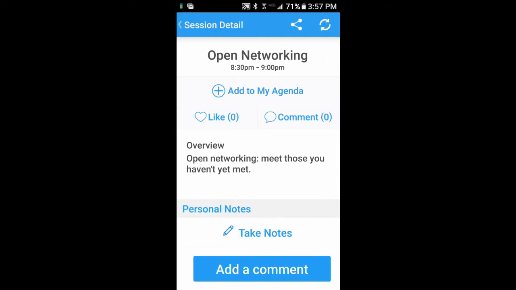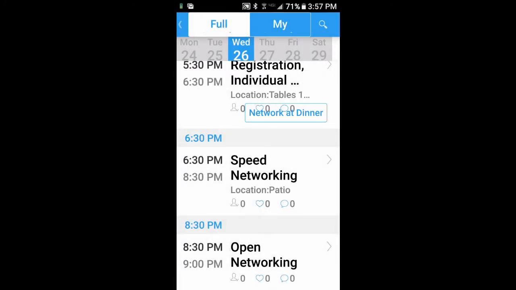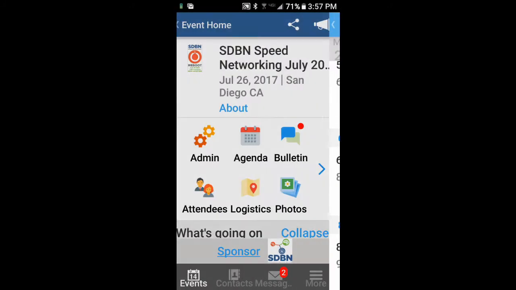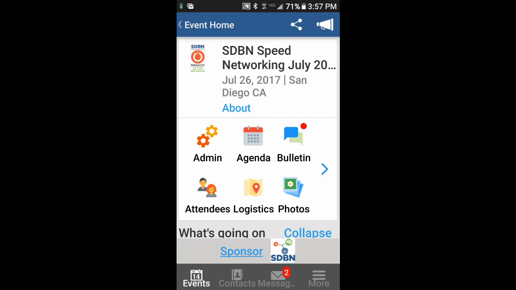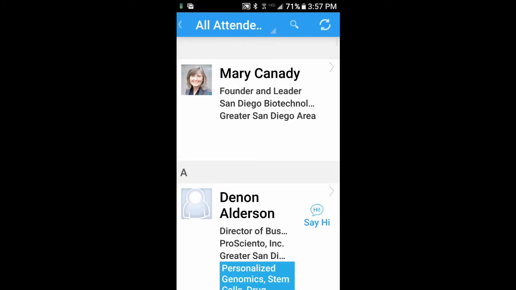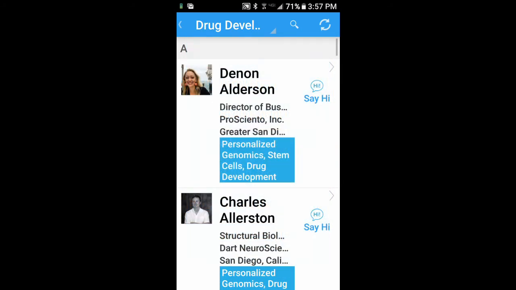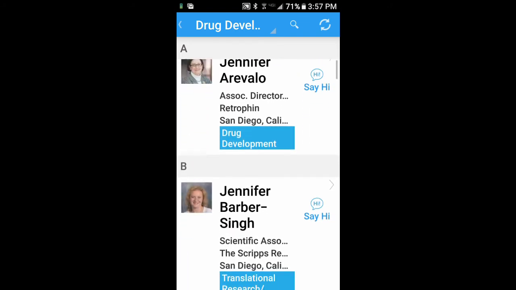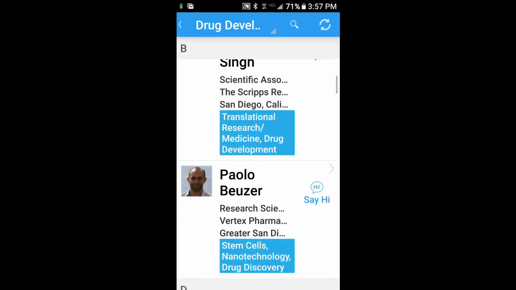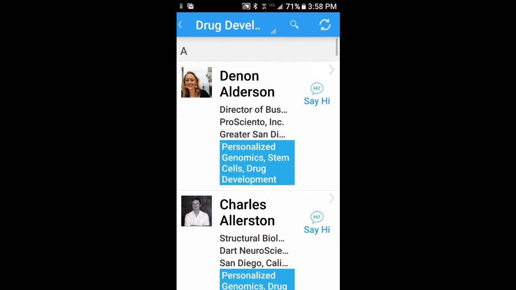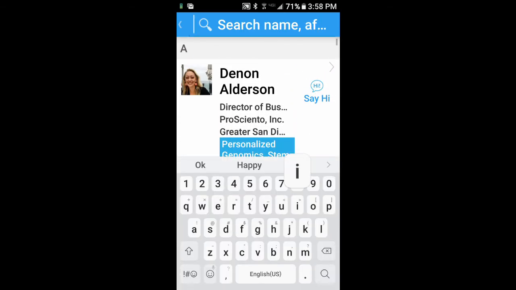Between 6:30 and 8:30 we'll be doing the speed networking, which we have a lot of information on the website. Basically, bring lots of business cards and perfect your 30-second elevator speech. Then at the end of the night, we're going to be doing open networking, and we'll have those tables set up in case people want to set up formal meetings during that time. Again, this is our first time doing this, so we'd like to see how it goes. And of course, tell your friends about this because we think it's going to be pretty exciting.